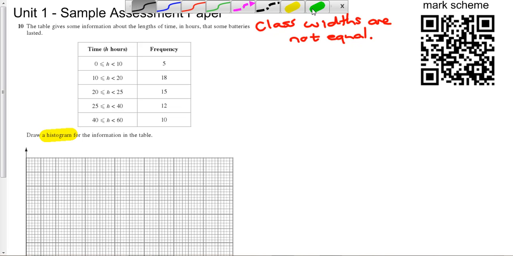So that means one of two things. It could be a normal histogram where you put the frequency on the vertical axis, but the eagle-eyed amongst you will notice that the class widths are not equal. And because you will have revised well, you also know that as soon as you see that the class widths are not equal, so this has got a class width of 10, this has got a class width of 10, but this one's got a class width of 5, 15 and 20, you're going to have to work out the frequency density,